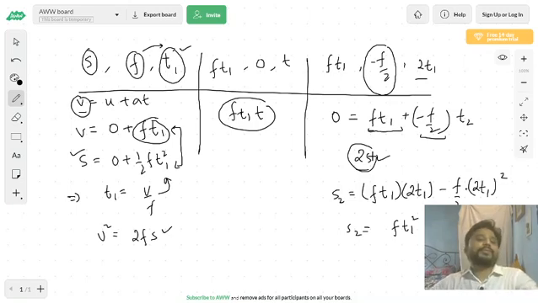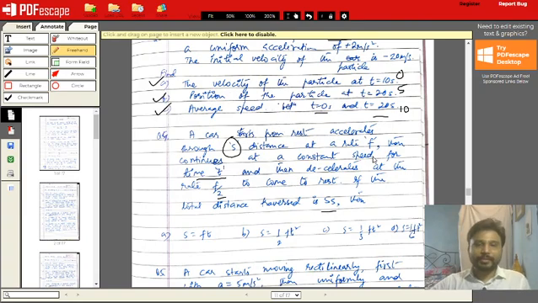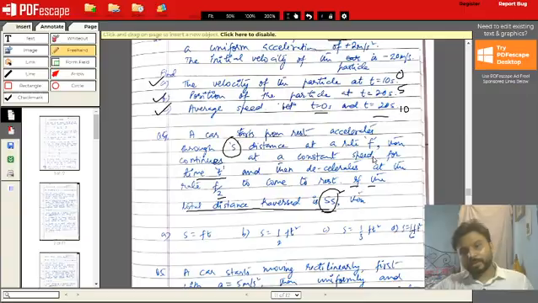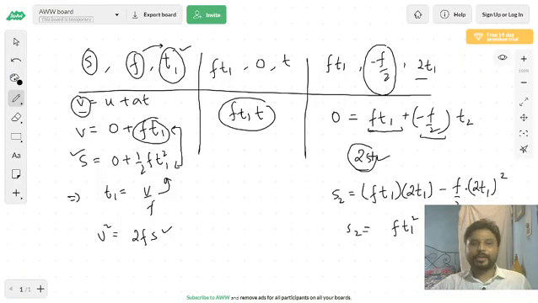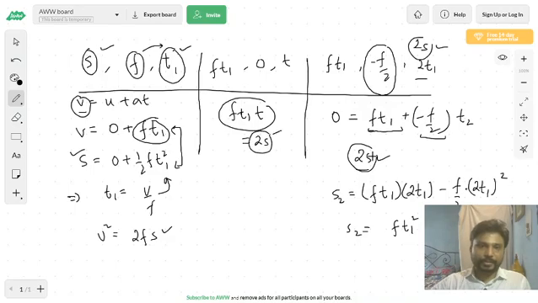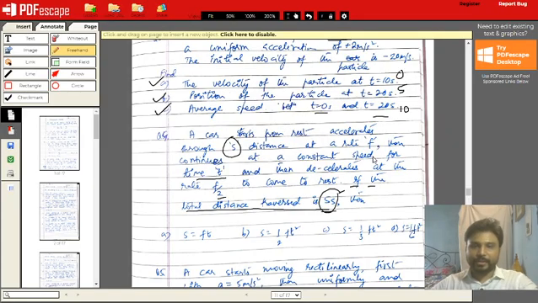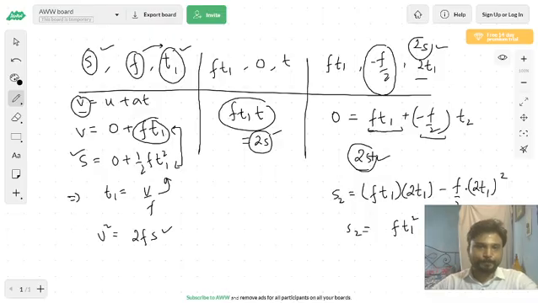Now let us come back to the question. The question says that the total distance covered is 5s. So from the 5s we covered s distance here and 2s distance in this part. So how much distance would be covered over here? Here we would be covering the remaining 2s distance. So can we eliminate t1? That is what we want. We want an equation in which t1 is not present. So how do you do that? Eliminating t1 would be easy actually.